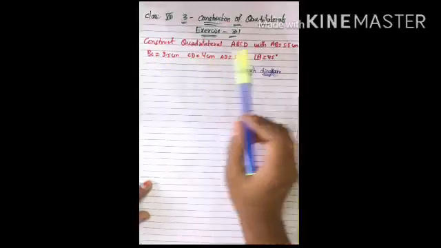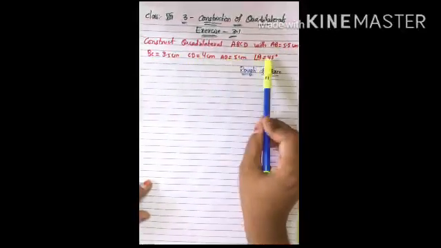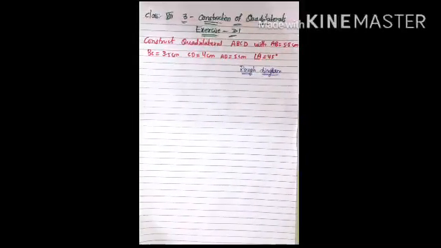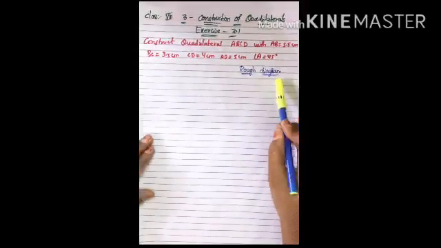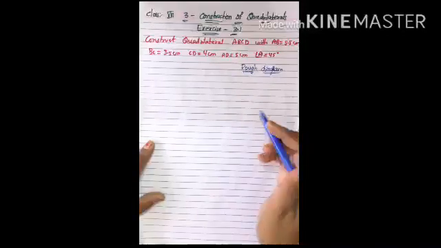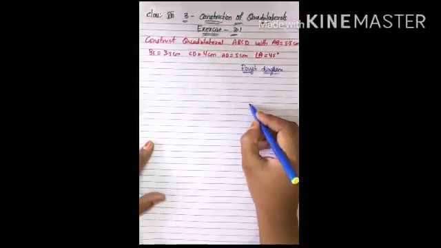Here if you observe, a total of 5 measurements are given. To construct a quadrilateral you require 5 independent measurements. So first we have to do a rough diagram. Rough diagram means you draw roughly, without instruments. So I am drawing one quadrilateral,